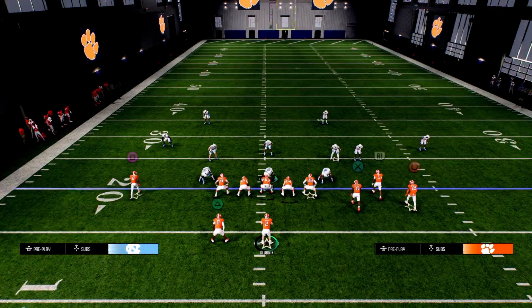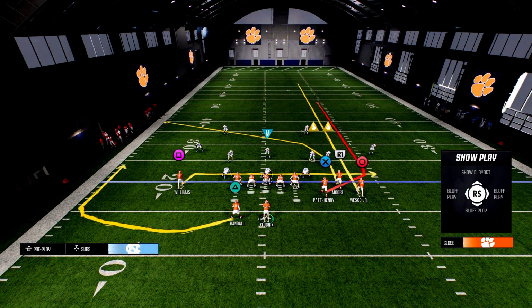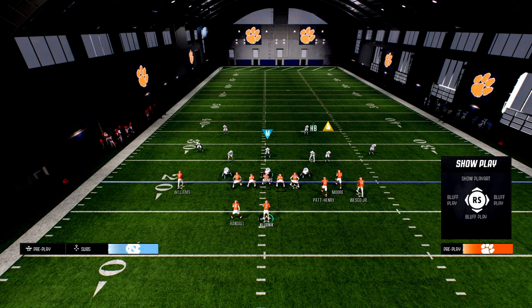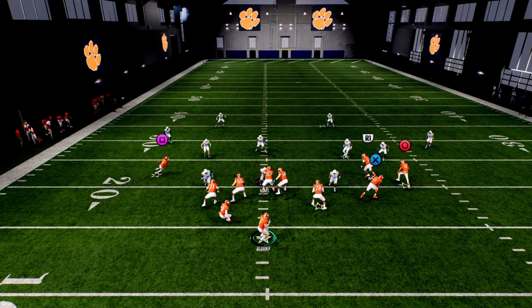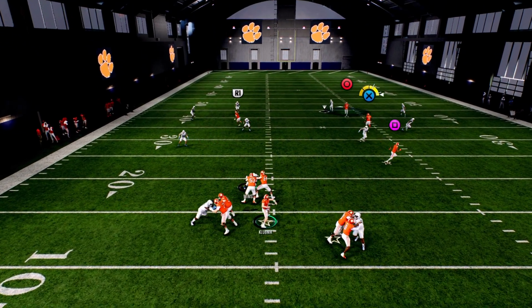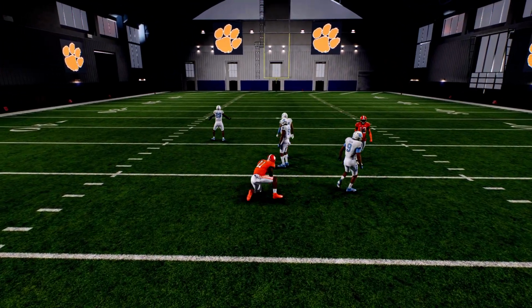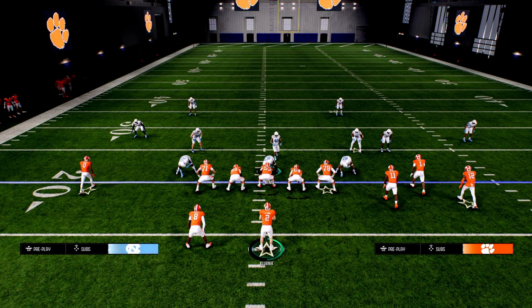So really simple setup. You're just going to streak this right side receiver, and then you're going to put the back on a block. You're just going to have a high-low read here. But basically what happens is this streak will clear out the deep zones, and then you can actually aggressively catch this tight end in the seam in kind of a unique way that most people really don't do in